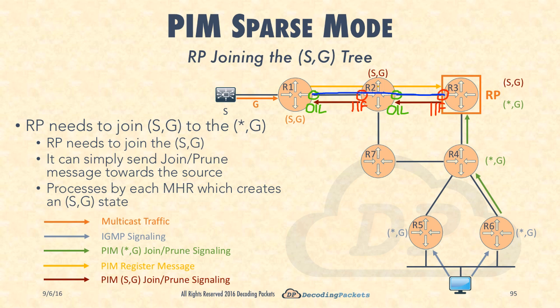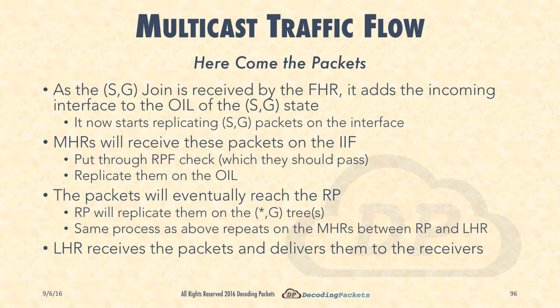So now it's actually time to bring those packets from the source to the receiver. So now the S, G tree is built completely, right? So from the RP to the FHR, it's actually built. The MHRs also have received those packets and they also have the